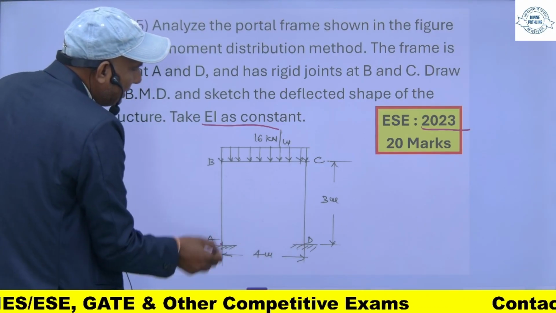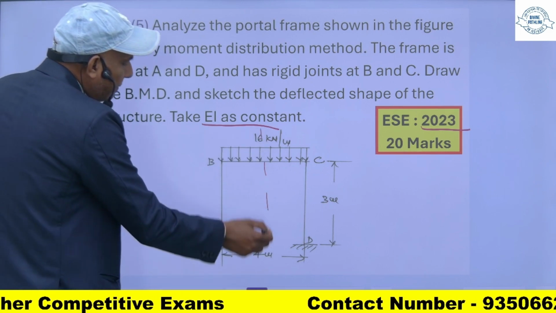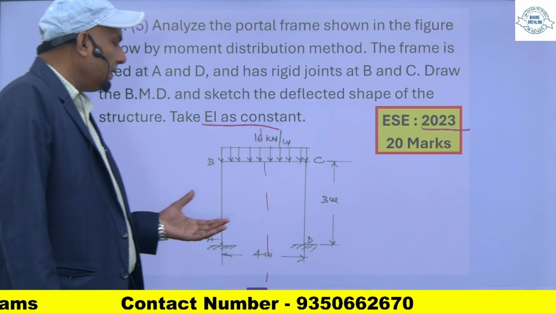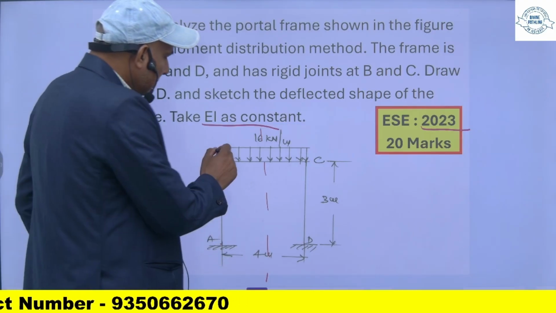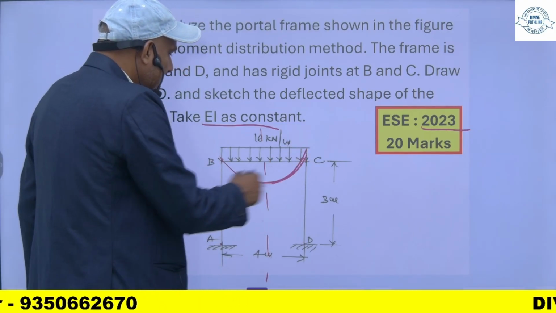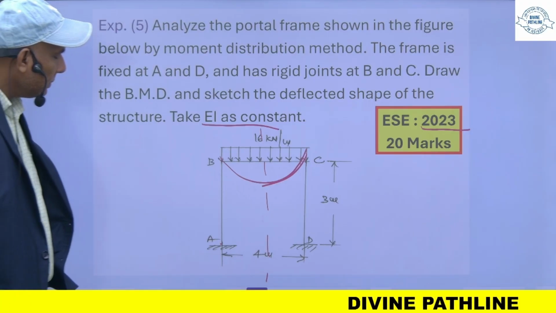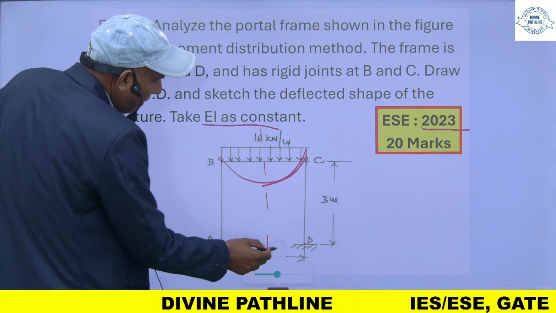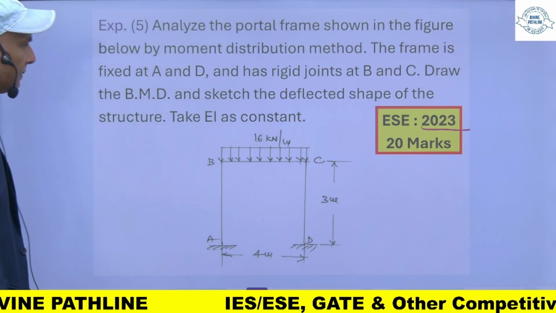अगर हम इसको देखें तो ये फ्रेम मेरा आइडेंटिकल है, ये एंड फिक्स्ड है, ये एंड फिक्स्ड है, दोनों की लेंथ सेम है 3 मीटर है, और ये यूडीएल जो है इसको अगर हम काट दें तो ये सिमेट्रिकल हो जाएगा। तो ये मेरा जो पोर्टल फ्रेम है ये नॉन स्वे पोर्टल फ्रेम है, ये स्वे नहीं करेगा, it will deflect like this. तो ये सिमेट्रिकल है, तो ये नॉन स्वे पोर्टल फ्रेम है। अब इसका एनालिसिस करने के लिए फर्स्ट हम क्या करेंगे,